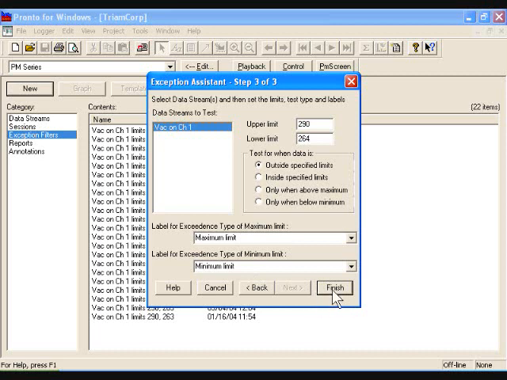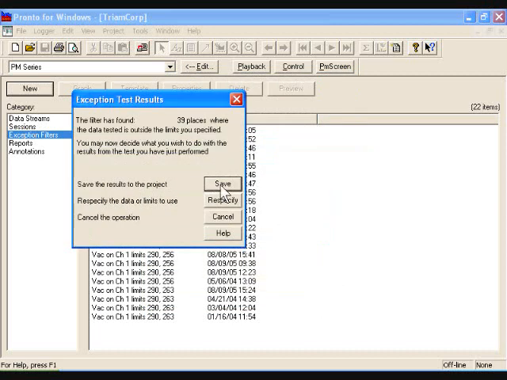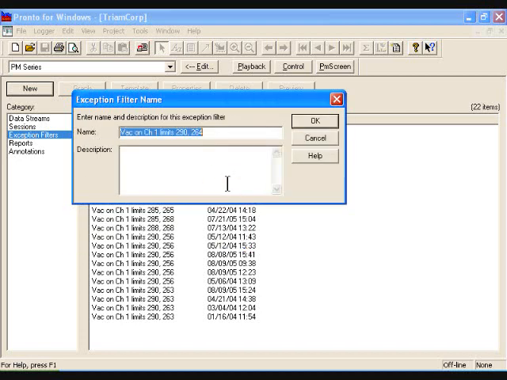And we're going to go down here now and click Finish. And the Pronto program found 39 places where the data was outside the limits. In other words, you were out of spec 39 times on this channel. We're going to save the results to a project. And here it allows you to name the project, the exception filter name of this report here. And we're going to say